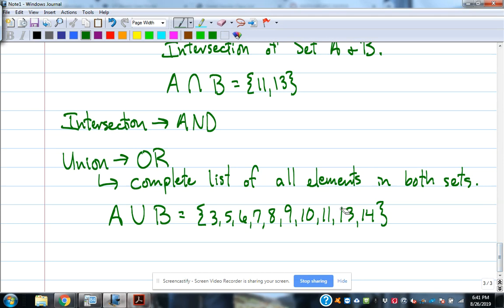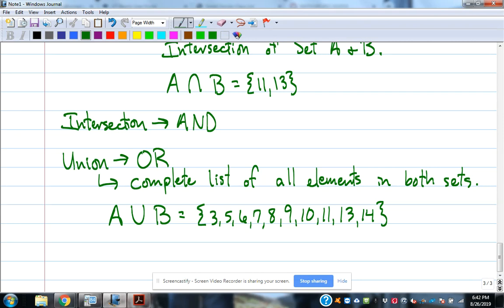Notice 11 and 13 are only listed once. They were in both sets, but we only list them once. I put it in order. Again, order technically does not matter. It just makes me feel less apprehensive when it's in order. And that's the way you're probably going to see it most times if you check answers in the back of the book. So intersection, it's the overlap. It's where they're in this set and another set. Union is all inclusive, everybody in the pool. So know the difference in those two things. All right,